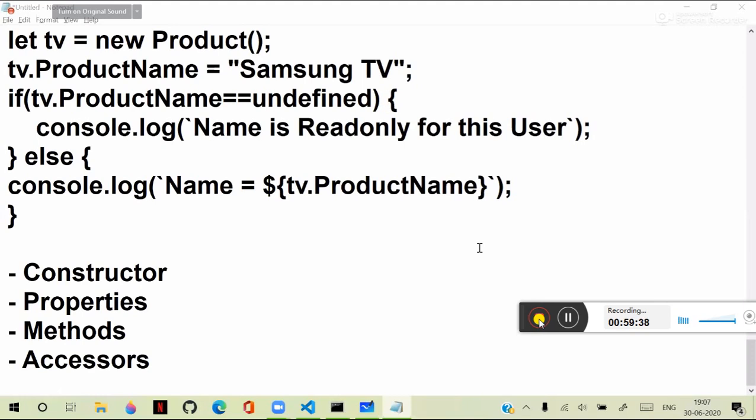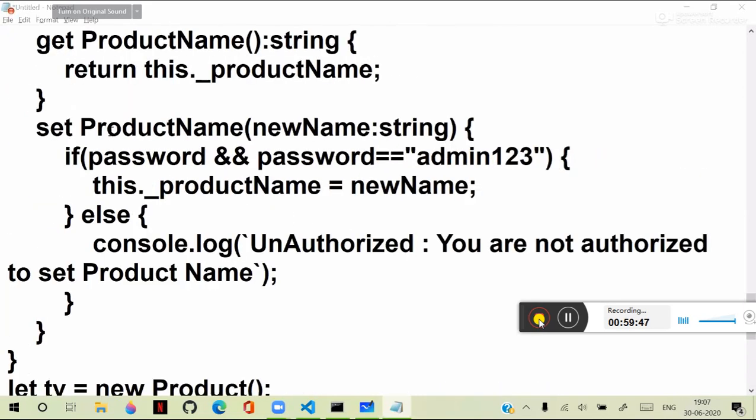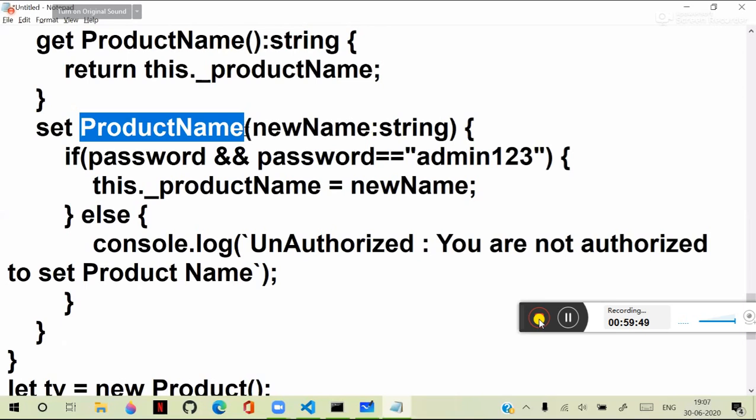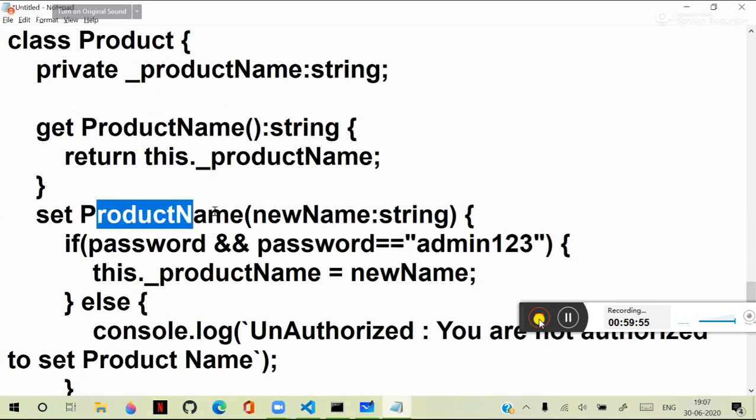Set accessor is not a method. Don't think of them as methods. Set is not a method. Here, don't think that these are methods. These are the accessors for that property. Understood? This you have to treat as property only. Okay, that is not a method, and you are calling